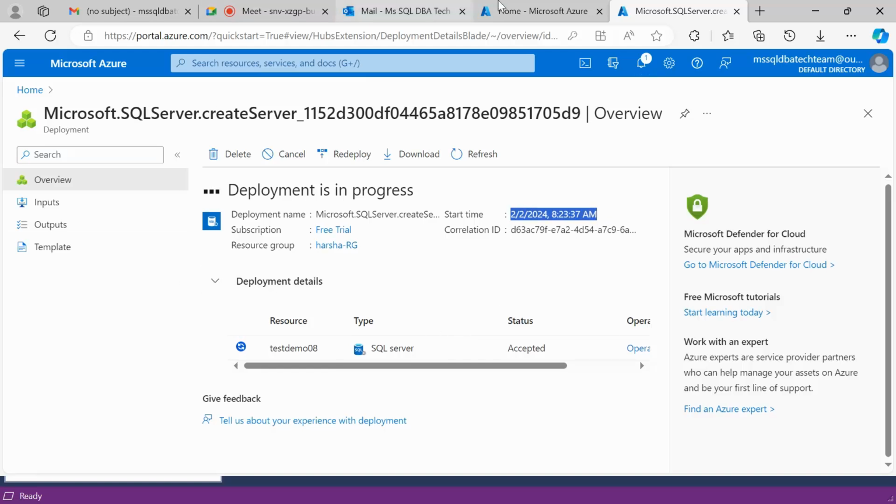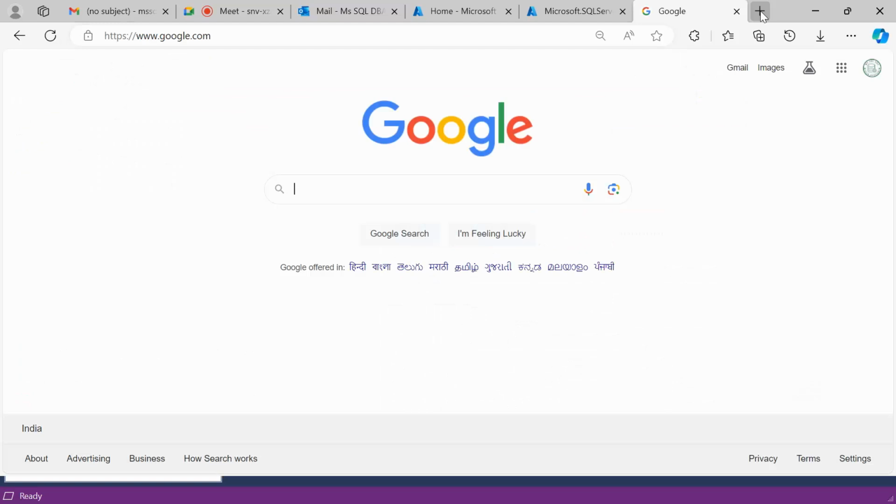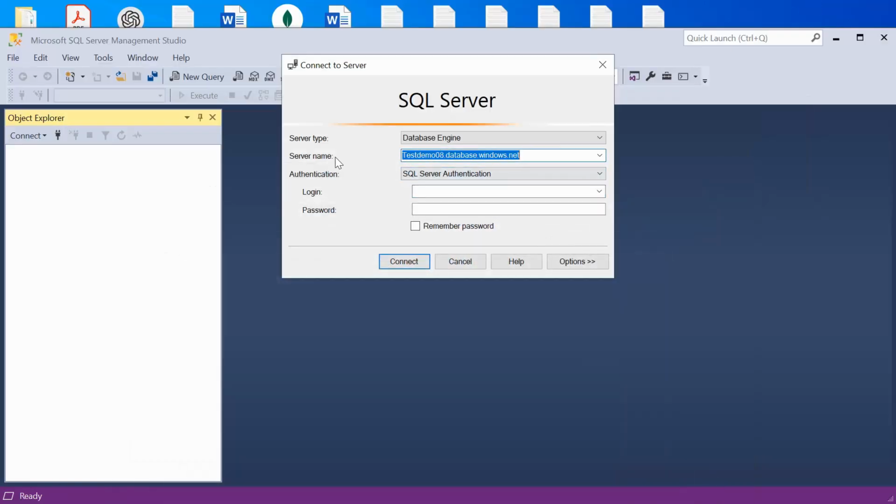Meanwhile, in the interview they may ask, Harsha, you said Azure SQL Server is free, so can someone block server names? Some people will log in with a famous company's name, for example Google or Accenture dot database dot, and block this kind of server name.